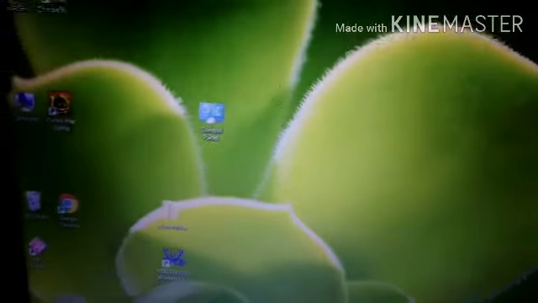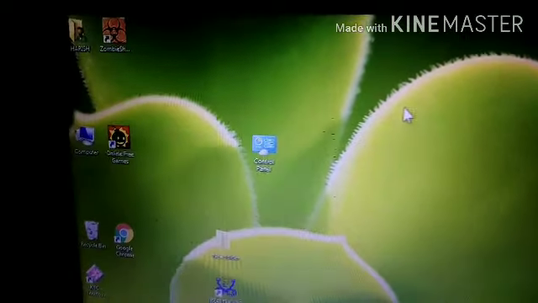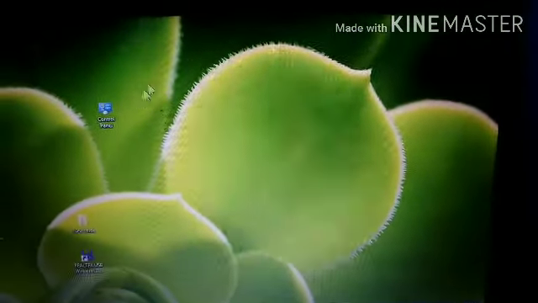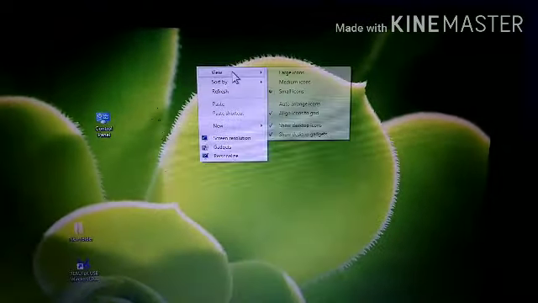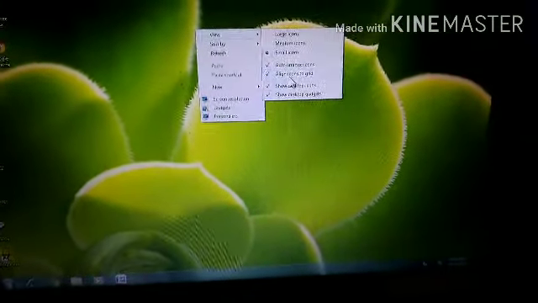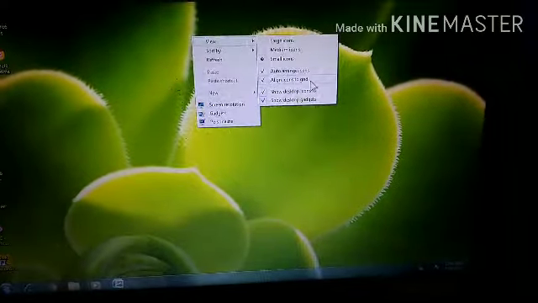So click on view and click on medium icons. The icons will look like in the medium size. Now click view, small icons, very small icons. Now click on auto arrange icons. Icons are arranged in a well suitable manner. We have already done align icons to grid.